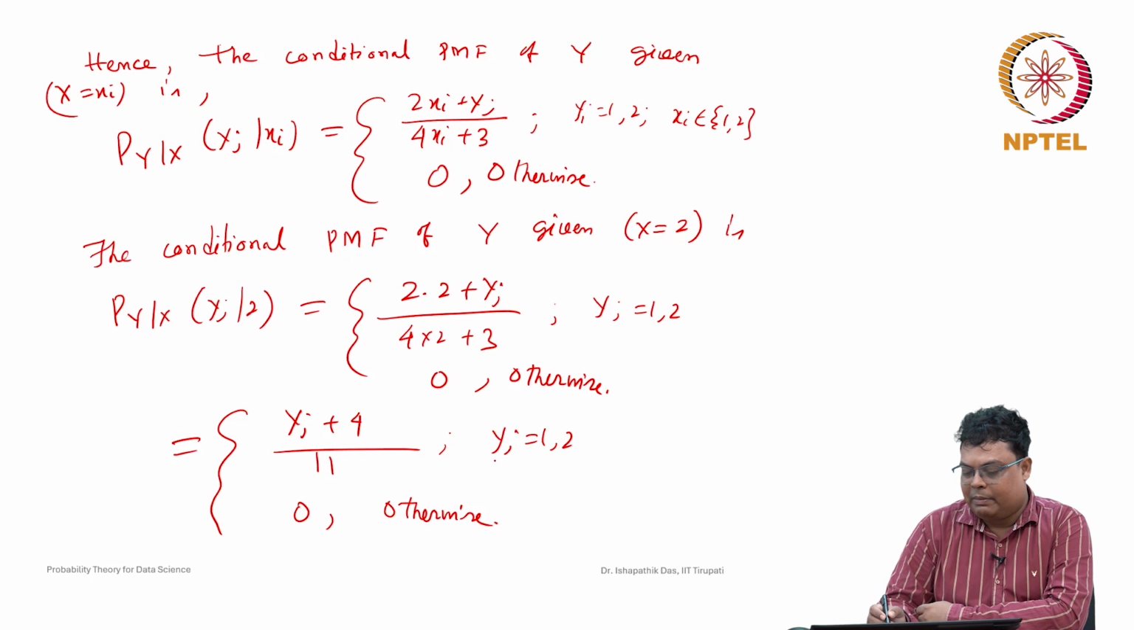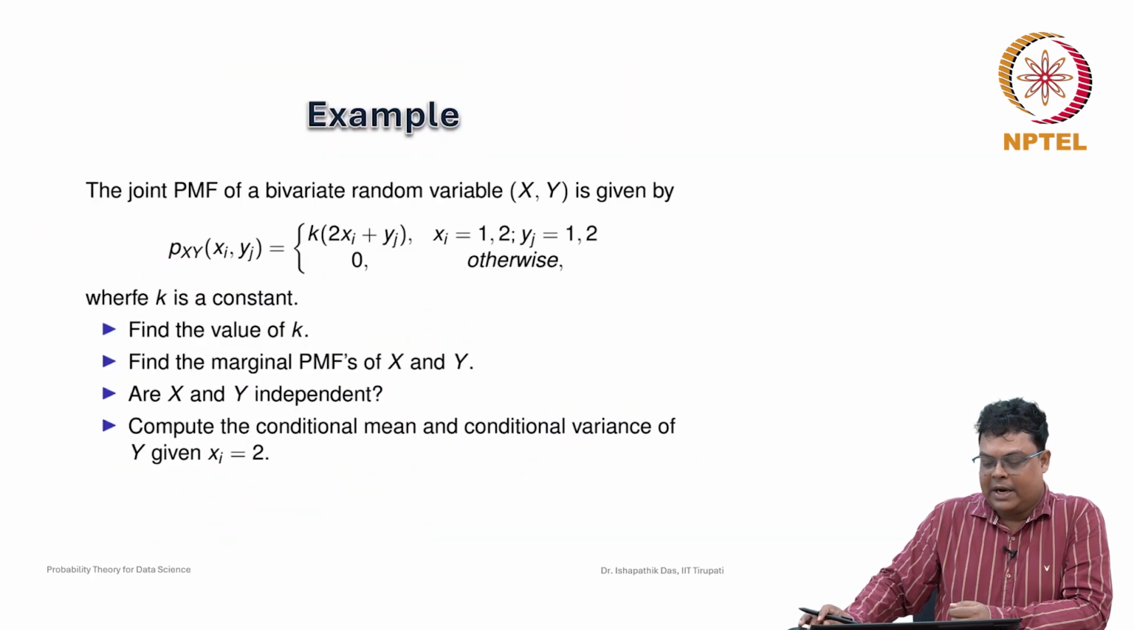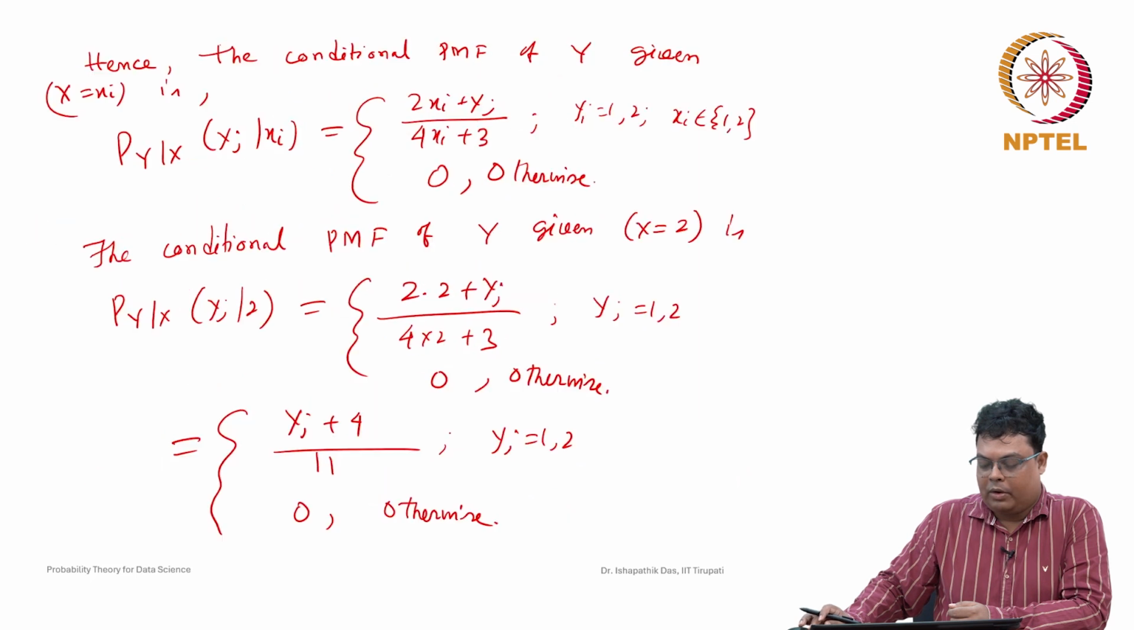You have to check it is correct, because if you take the sum over all yj: for y equal to 1 the value is (4 plus 1) by 11, 5 by 11; for y equal to 2 it is (4 plus 2) by 11, 6 by 11. 5 by 11 plus 6 by 11 is 11 by 11, equal to 1. So this computation is correct. Now we will use the formula. What is the mean and variance? It is asked to compute the conditional mean and conditional variance of y given xi equal to 2. So what will be the conditional mean now? By definition, now we found the